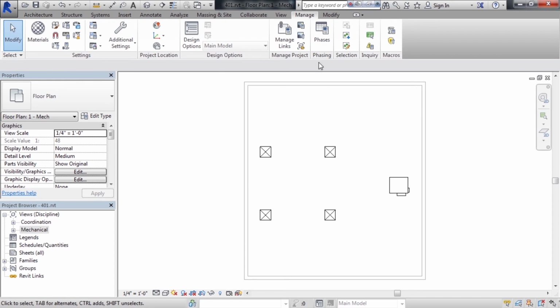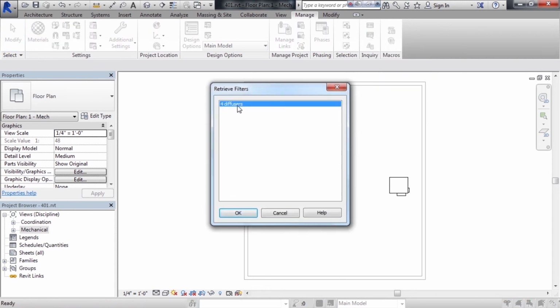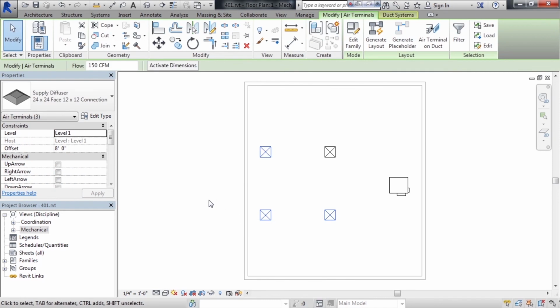Now, go back to the Manage tab, go to the Selection panel, click Load Selection, select 4 diffusers again, and click OK. What you'll notice now, because we removed that one element, it only selects 3 diffusers. So you can see you can filter out on the fly as you're selecting things,